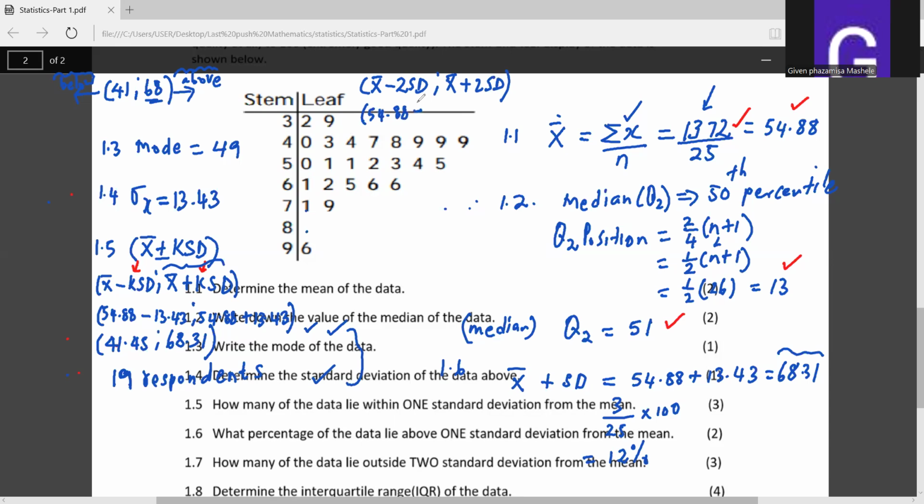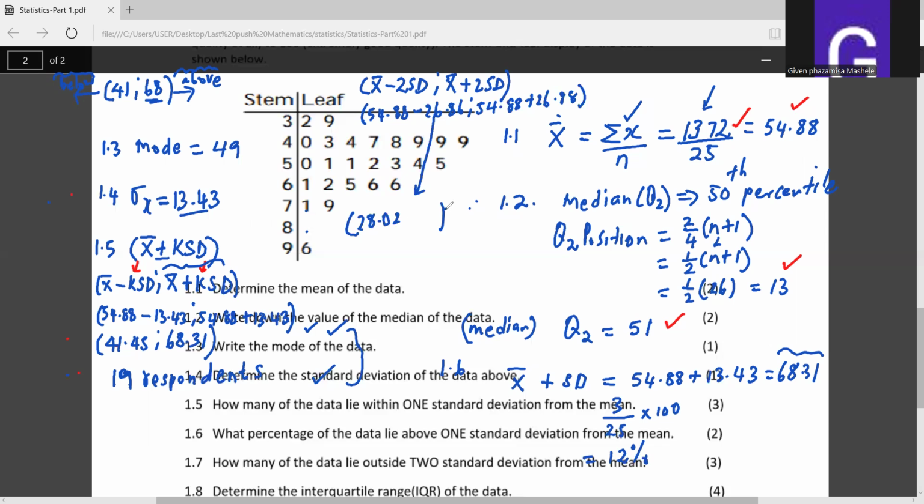54.88 minus, so we say 2 multiplied by the standard deviation we have, which is 13.43. 2 multiplied by 13.43 will give us 26.86. On this side, it will be 54.88 plus 26.86. I believe you are following, like you understand how I got the answer. Right, now this will be 54.88 minus 26.86. It will be